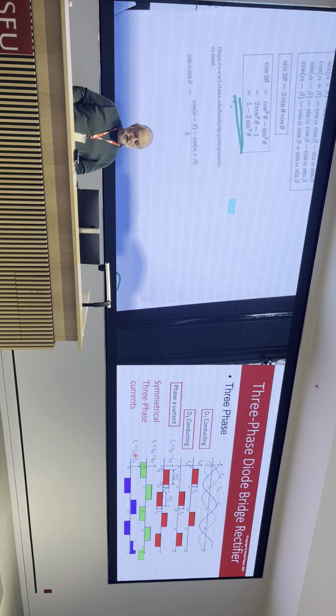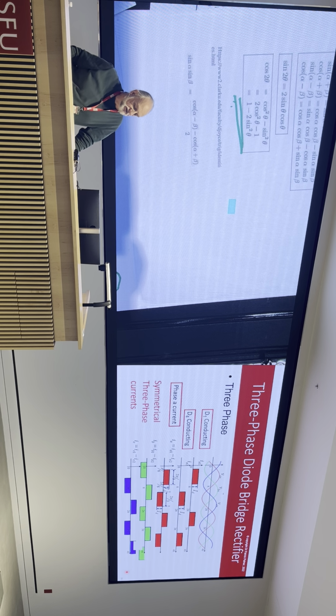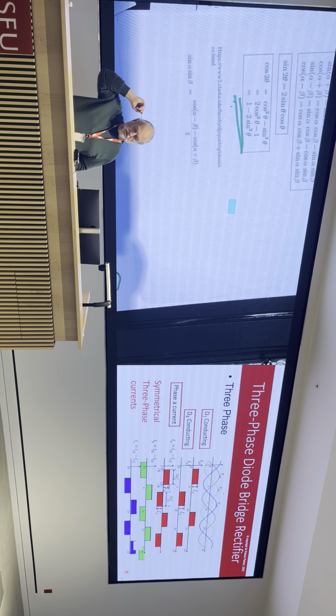We can plot the diode currents. We know what the coding is, we know what they're doing. We can then plot the three sine wave currents, and they've got this sort of square look. Now this is, by the way, what I mentioned before, what we call a quasi-square current pattern. And it's the same as the square wave, except that it's got no third harmonics in it. We've lost all the thirds due to symmetry. Okay, we'll come back to that next time and just finish that off. And then we'll do a lot of